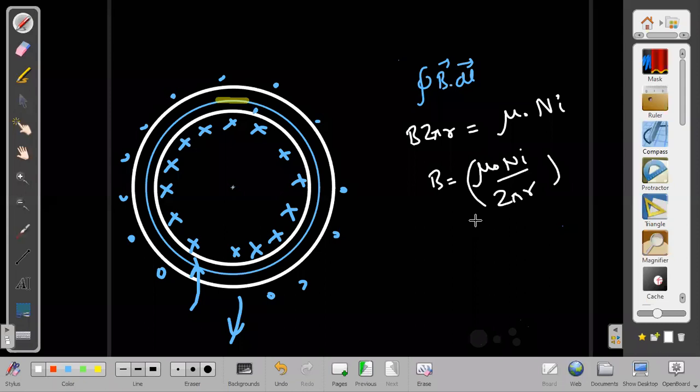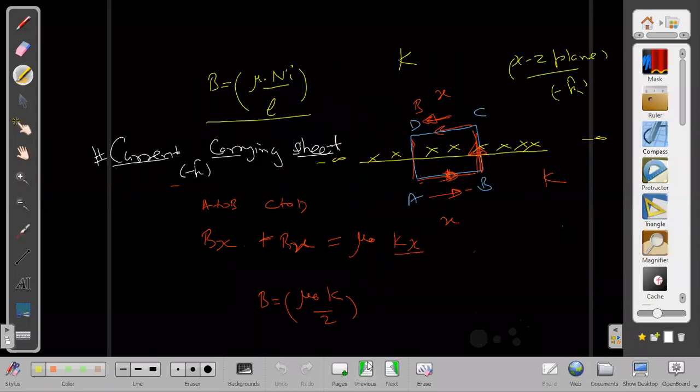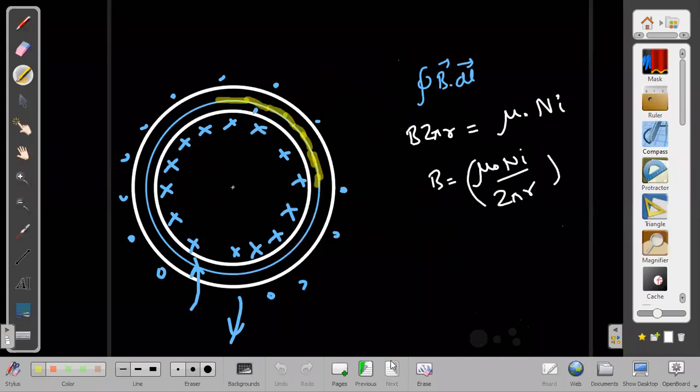B and dL, dL means that Amperian loop, I have taken in this direction only. I'm taking dL elements like this, and then I'm integrating along the length of this loop. Then I will be getting just B into 2 pi r into cos 0, so just B into 2 pi r only. Is it not the same as the last formula? Mu naught into N I by L, exactly the same. But L is here 2 pi r. But still I will prefer to write it as mu naught into N I by 2 pi r only.